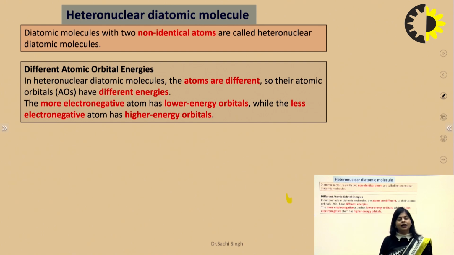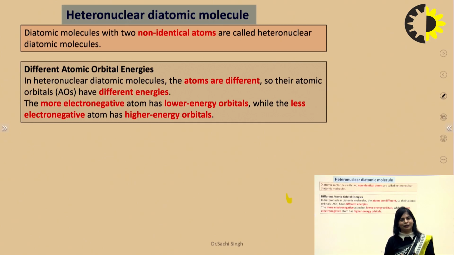Suppose the molecule is made up of two different atoms. The atom which is highly electronegative has a strong tendency to attract electrons. So it is strongly attached with the electron, which means it is more stable. If it is more stable, it is lower in energy. Lower in energy means it is close to the bonding molecular orbitals, which I had already discussed in